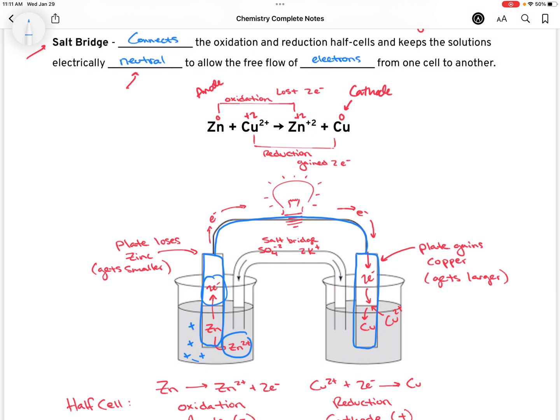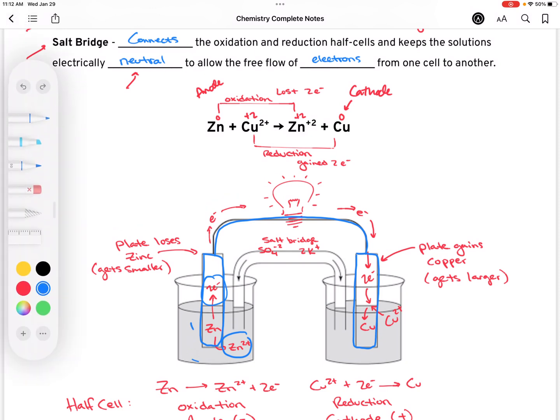It's losing, let me back up, my bad. Let me exchange this. Okay, it's going to be gaining more and more positivity. Zinc +2, meaning it's lost electrons. So that means it's going to become increasingly missing electrons. Actually, I was right. Never mind, I'm confusing myself. I'm trying to explain this and connecting thoughts in real time. All right, so right here, it's going to become increasingly more positive because it's losing electrons, and we need to